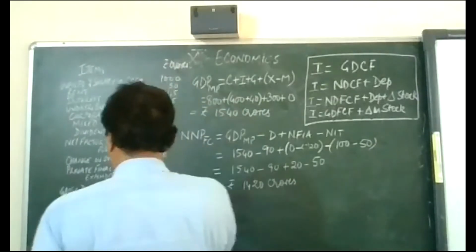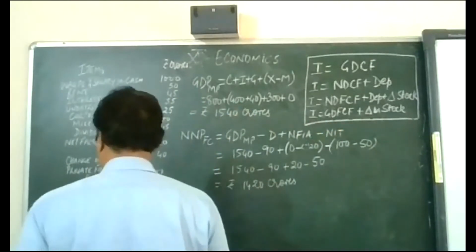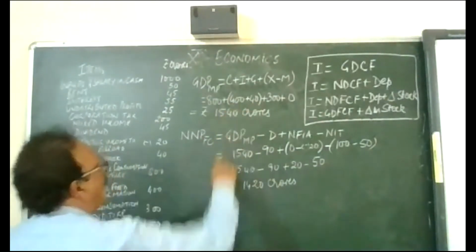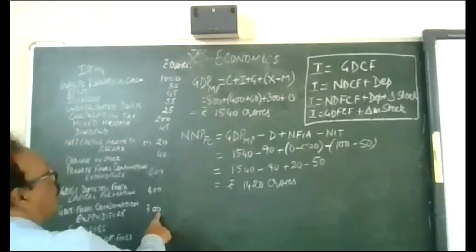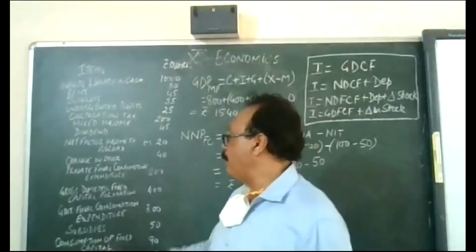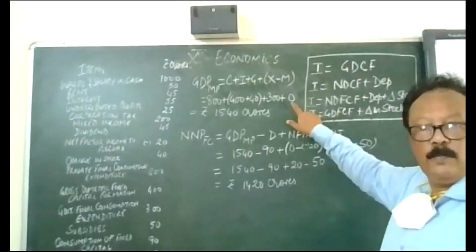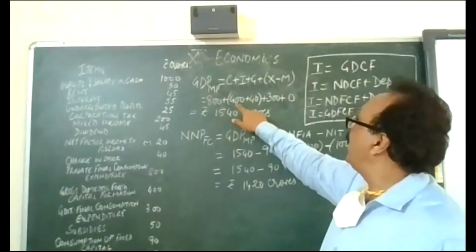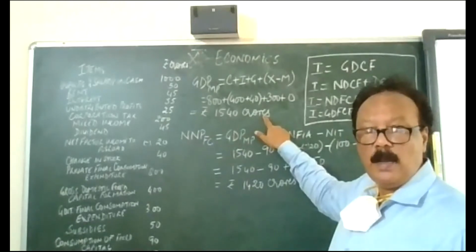Now, here gross domestic is 400 given in the question, plus change in stock. Change in stock is given directly, change in stock 40. So these two are added for I. Is that clear? Government is given 300. Net exports, exports minus imports. Nowhere are we given exports, nor imports, nor net exports. So we use the 0. Fill in for this formula. Adding them up, 1240 crores, get your GDP at market price.